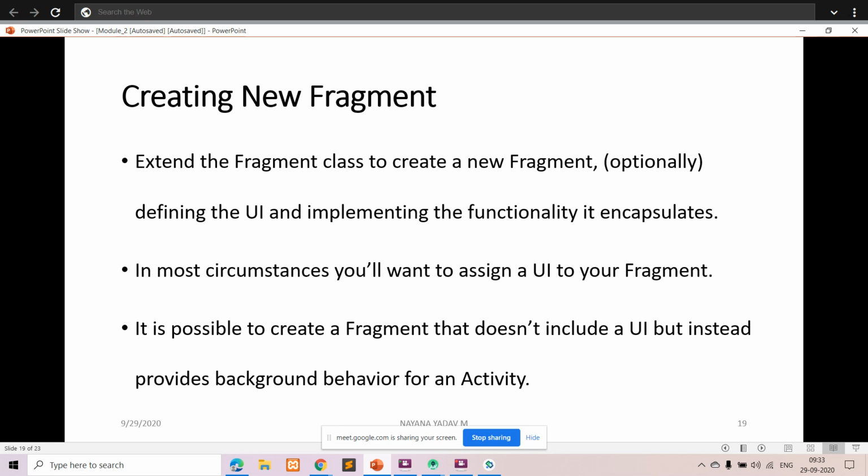Whenever we speak about activities, all the information about the activity should be written in the manifest. But in the case of fragments, they need not be registered in the manifest. This is because fragments can exist only when they are embedded into an activity. So only when an activity is there can you have the fragment. For that purpose, fragments need not be registered in the manifest, but the activity should be. Okay, so that's one point.